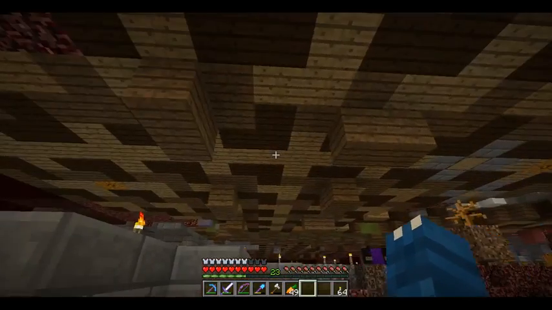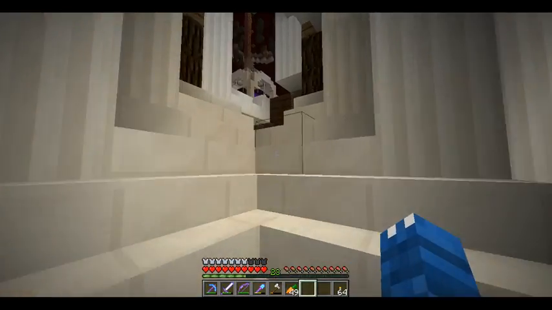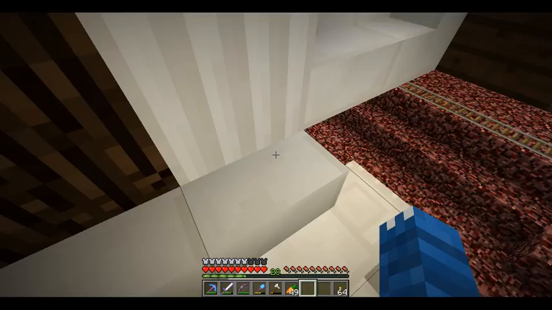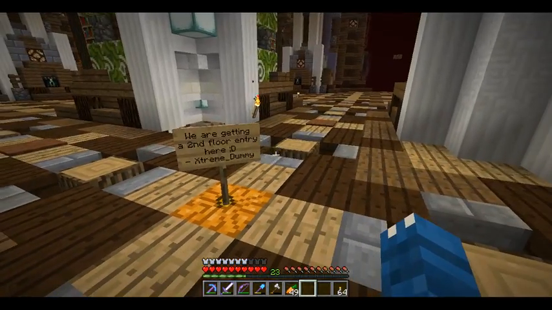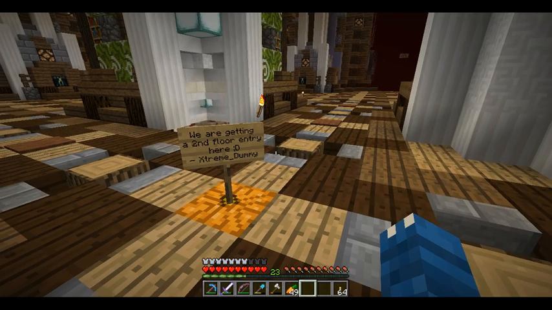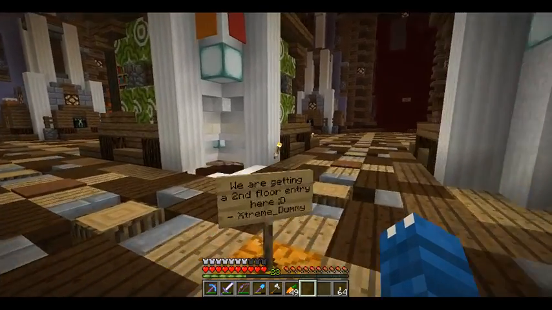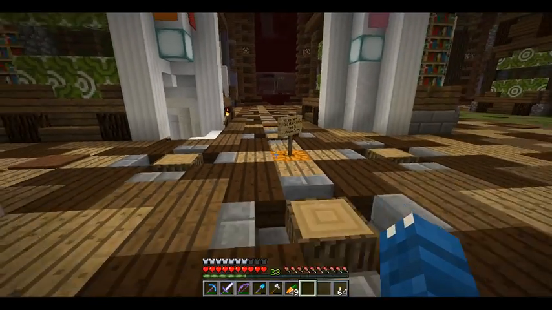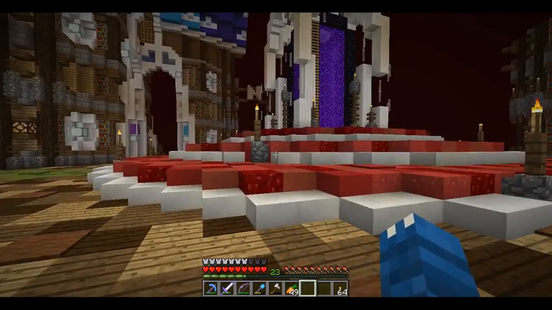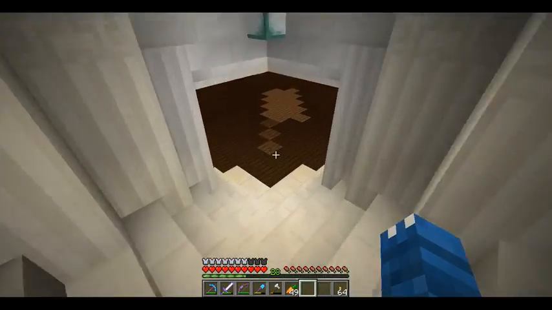But see, we're underneath the floor of everything. So I assume if we come up here, do some parkour, we are getting a second floor entry here. Sweet, so if they put a second floor at the same level, that will make it a lot easier for us, because there's the main portal. And I'll show you guys the